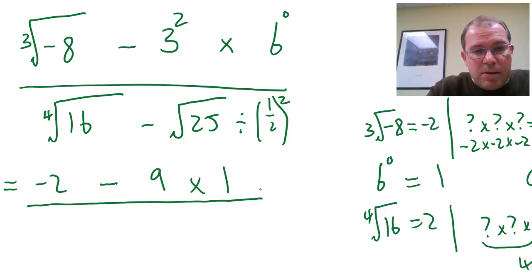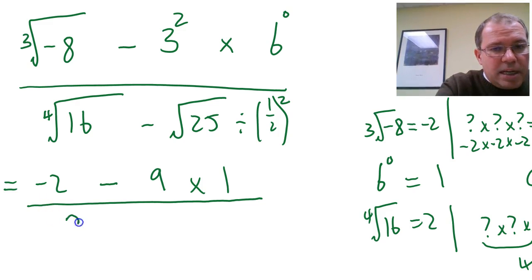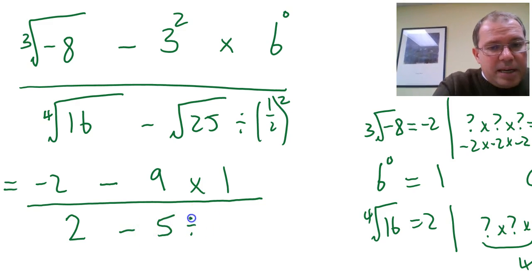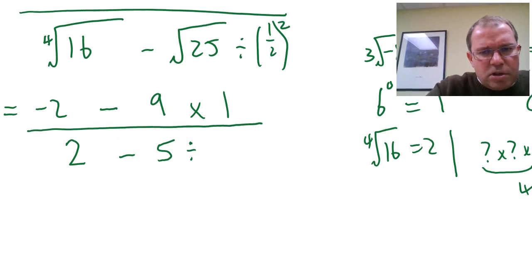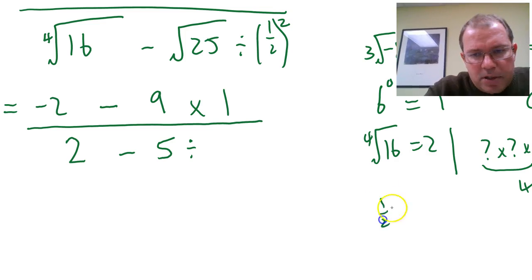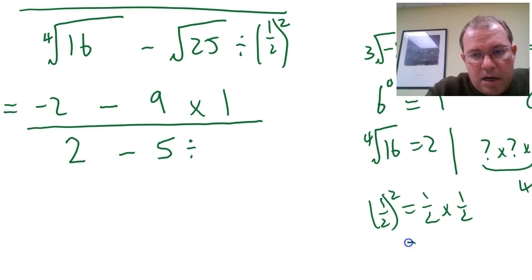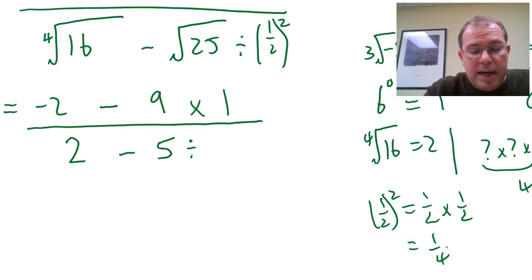Divided by, going down the page, because that's good convention. The 4th root of 16 we've discussed, that's 2. The square root of 25, hopefully everyone's okay that that's a 5. Divided by a half squared. Let's have a think about a half squared. We probably should have talked about that. So a half squared is a half times a half, and a half times a half is a quarter,